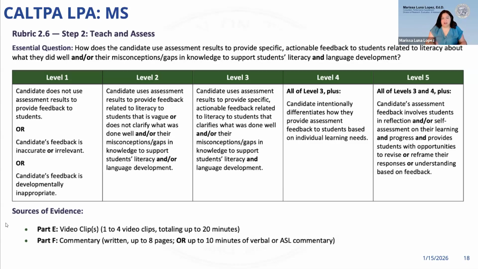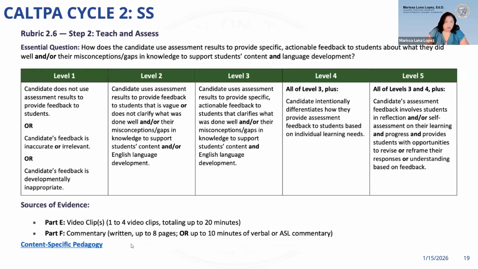When I taught third grade, I used to have the students take part of the question and put it into their response. So they could practice using that key vocabulary. And anytime that a candidate is able to support their literacy and language development is going to move students and children forward. Let's take a look at the next, because again, this one is pretty darn similar, but again, we're not working with that literacy component.